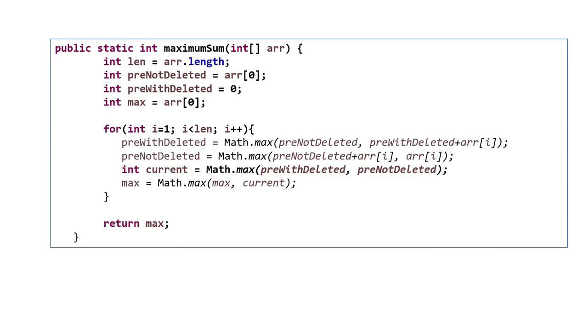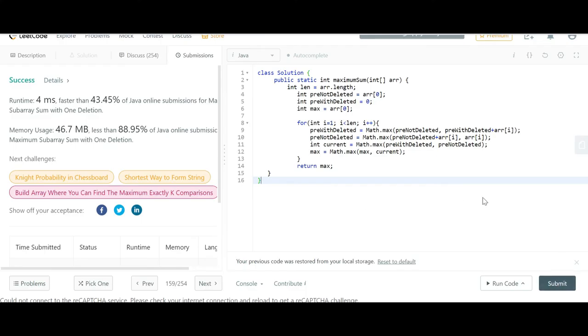Now we will talk about the program, which is very simple. Actually, you don't have to maintain any DP array or anything. You can just populate the values and take help of that. You can iterate over the array, and every time you can compute previous with deleted and previous not deleted. Then you can proceed and use the previously calculated values. The code is the same as whatever I have explained. Ultimately you have to return the maximum value. And as we are doing a single pass, the time complexity will be O(n) only. Now if you submit this solution, it is working.